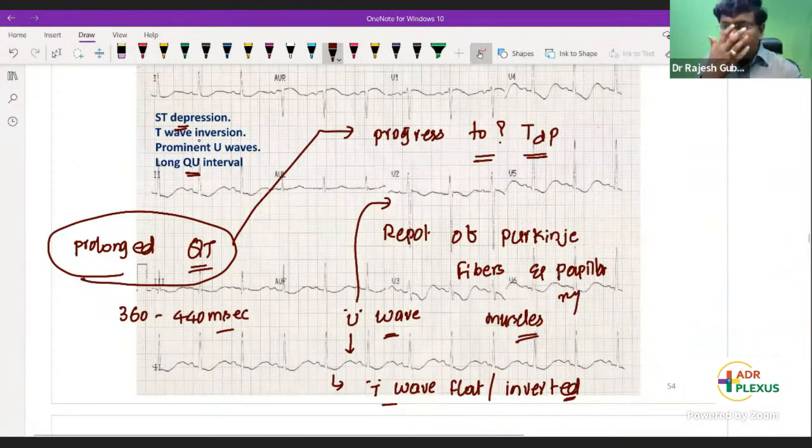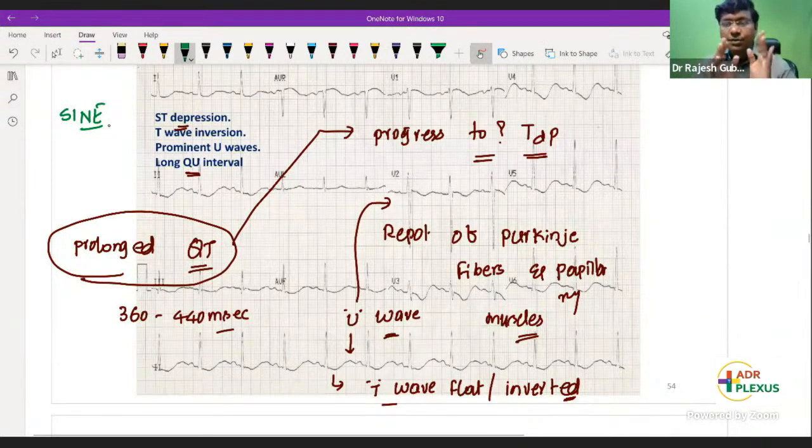Now, in hyperkalemia, what is the earliest ECG change? That is tented tall T wave. What do you mean by the sine wave pattern in hyperkalemia? Day before yesterday, I discussed this. Very good, Sangeeta. There is no P wave and you have a broad QRST complex. That is the sine wave complex seen in hyperkalemia.